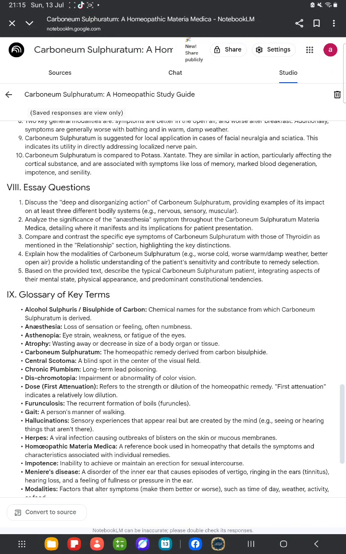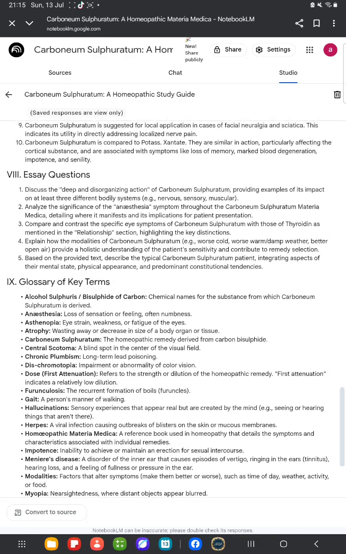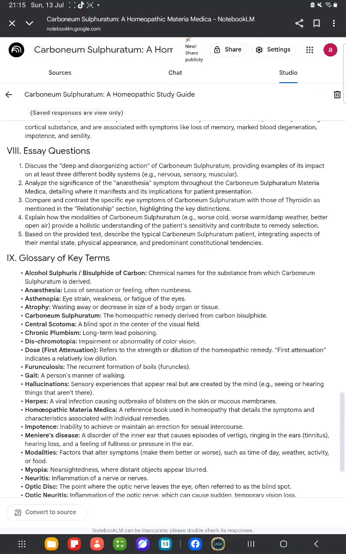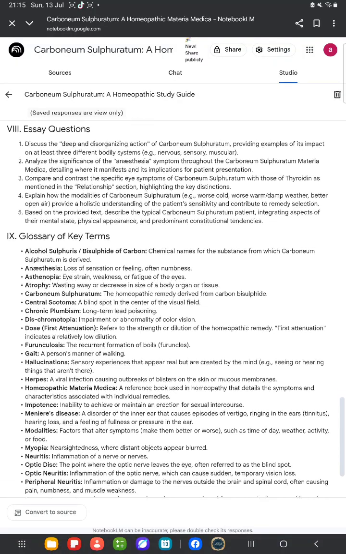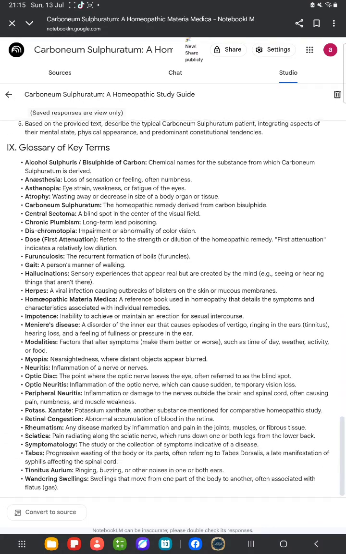potassium xanthate. Boericke says it's similar in action, especially affecting the brain's cortex. It's the outer layer. Right, leading to shared symptoms like loss of memory, marked blood degeneration, impotence, and senility. It suggests a similar kind of profound deteriorating effect. Okay. Any others? For the eye symptoms, specifically that central blind spot, he compares it to a thyroid preparation. Ah, interesting connection. And then there's a list of others: tuberculin, radium, carbo, sulfur, causticum, salicylic acid, cinchona. It kind of places it within a broader network of remedies used for serious, deep-seated conditions or specific types of